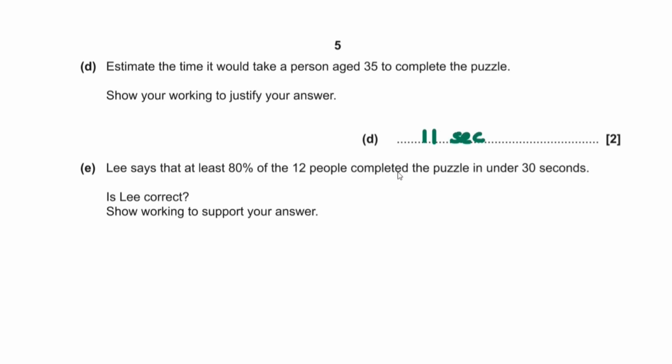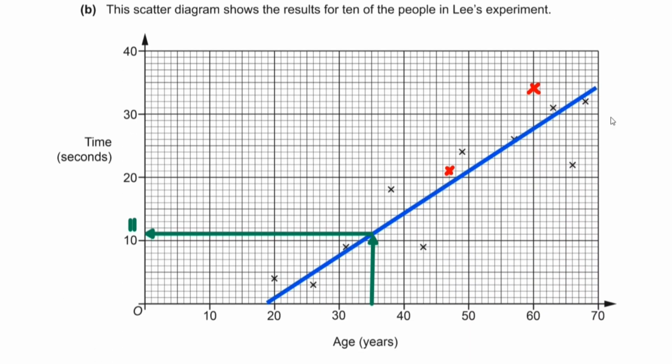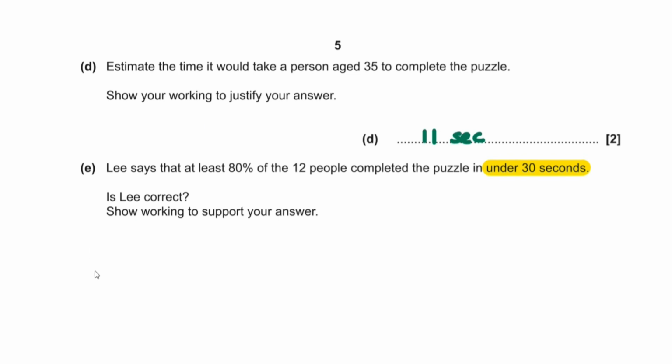Part E, Lee says that at least 80% of the 12 people completed the puzzle in under 30 seconds. Is Lee correct? Show working to support your answer. Well, how many completed the puzzle under 30 seconds? So 30 seconds is here, so the number of people is 1, 2, 3, 4, 5, 6, 7, 8, 9. So therefore, we have 9